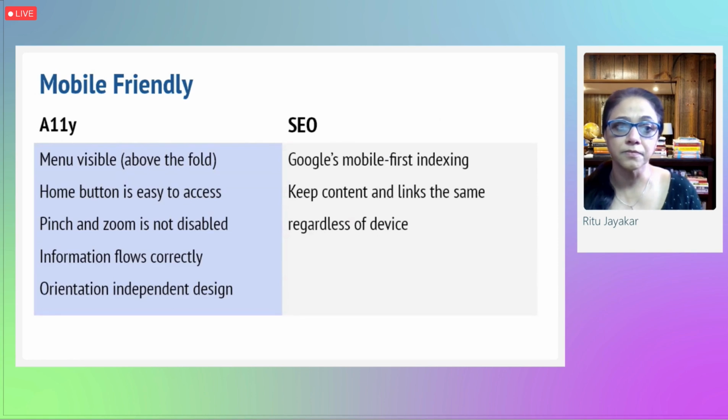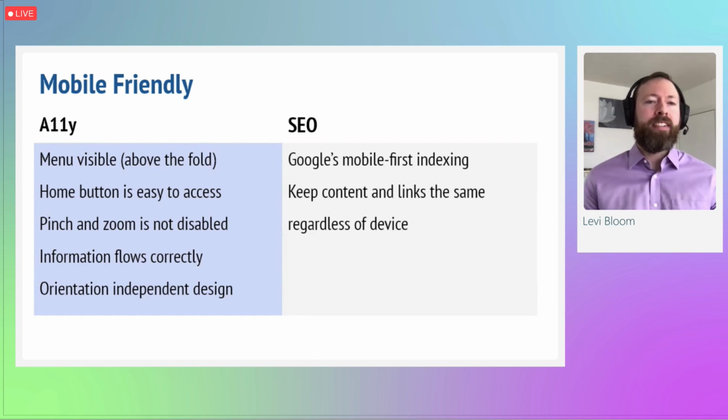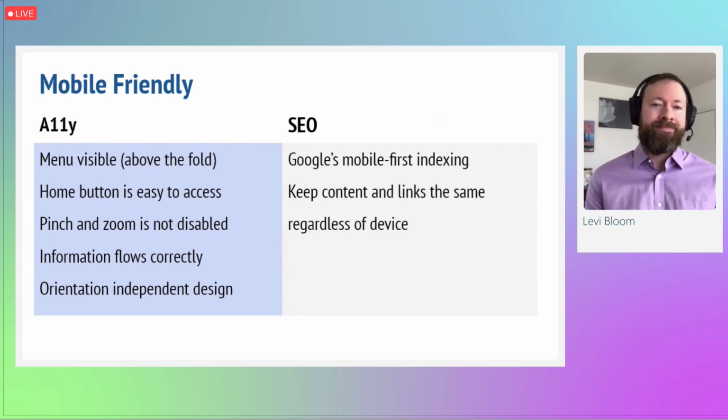These days, because of that rise in mobile device usage, Google is using mobile-first indexing. And that means when they're looking at your website, they're looking at the mobile version. Now, if you have a responsive website that meets accessibility requirements and the content and the links are the same regardless of the screen size, you should be fine. But if not, your Google rankings could suffer. So I would make it a top priority to improve mobile friendliness.